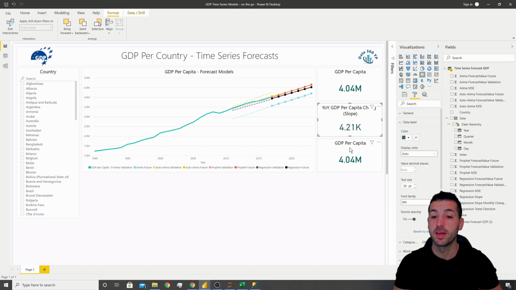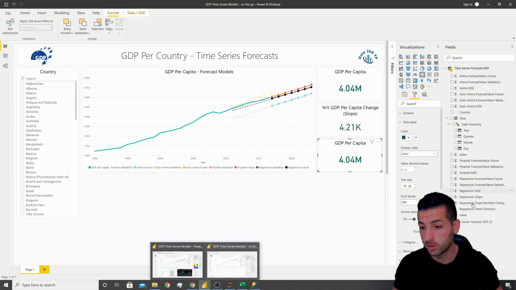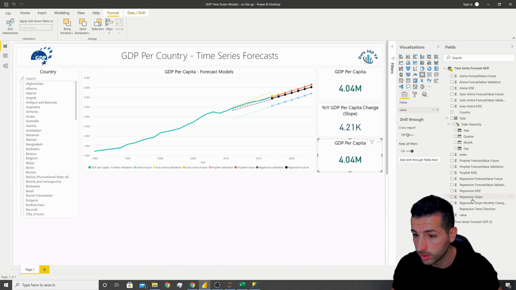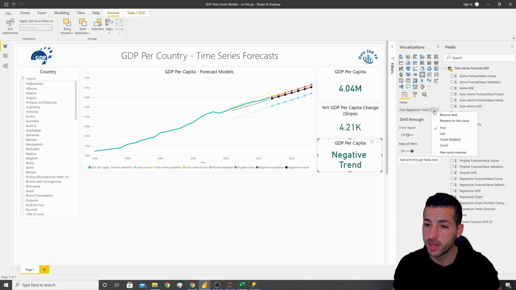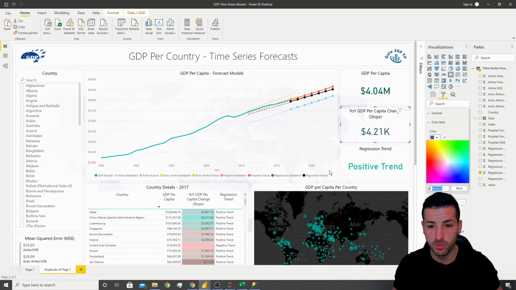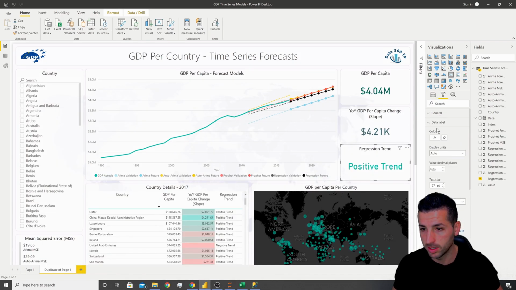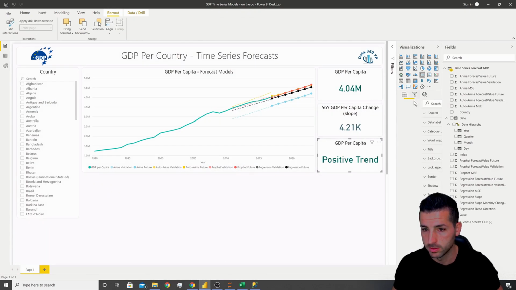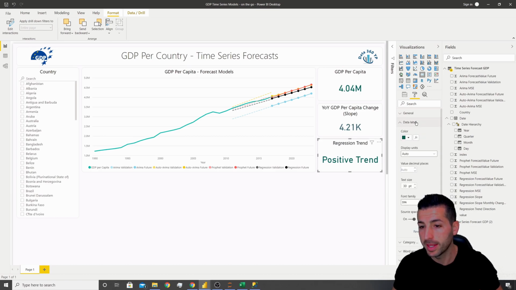There we go. The last one is the trend, so I want to change the field to the regression trend, so the direction, and then we want to get the last or the first is the same. No, actually the last, not the first, because there is duplication again, and we do have all countries, so the last is going to work better. Then I want to change the title, so the title of this one is the regression trend. So I go back, I go under the title, I change the title, and then in the data label,